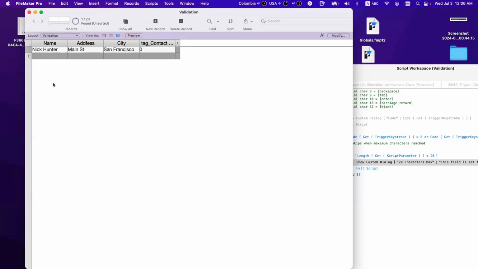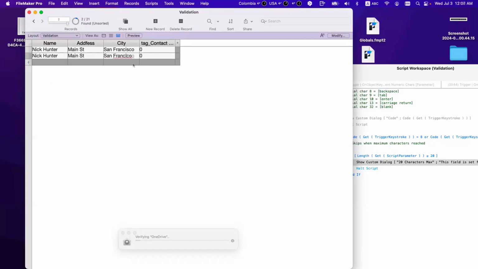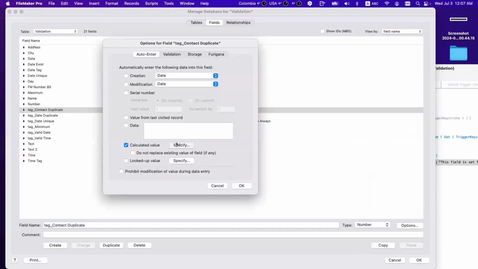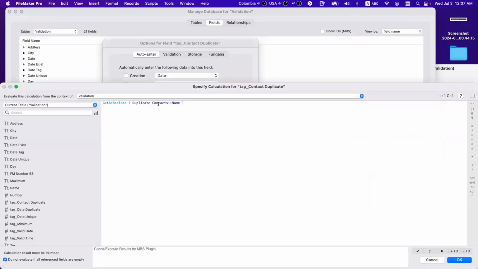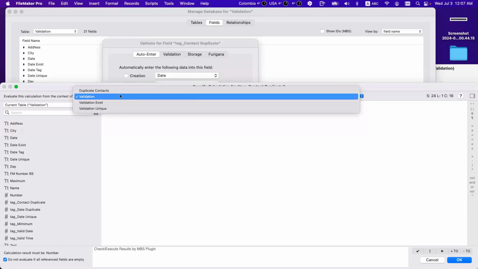Duplicate, no. Nick Hunter, Main Street. What happened? It should have said duplicate though. Why did it say no? Get as Boolean. From validation.